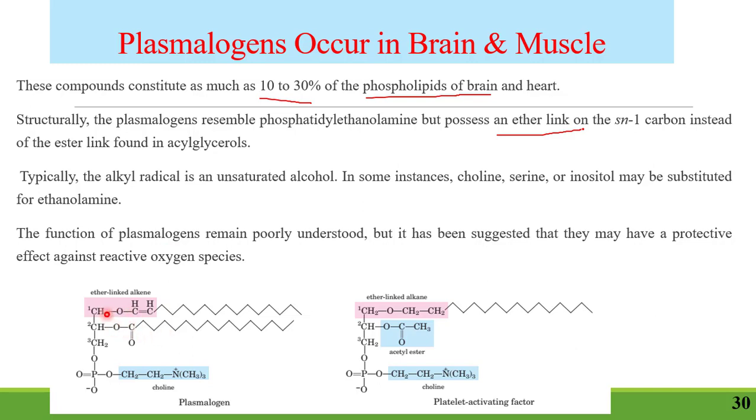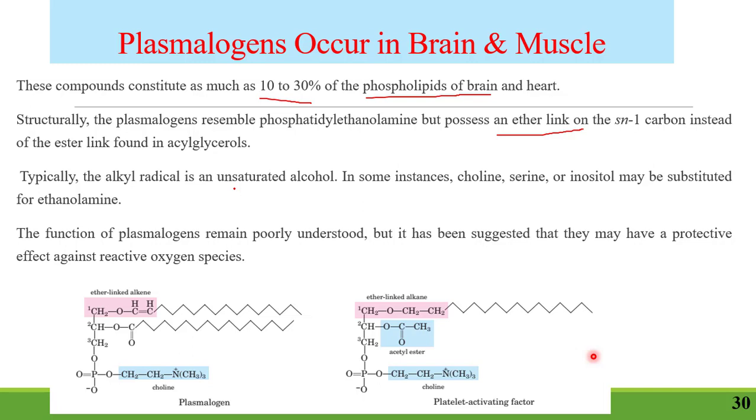As you can see here, the ether bond is there in plasmalogen. Typically, the alkyl radical is an unsaturated alcohol. In some instances, choline, serine, or inositol may be substituted for ethanolamine. The function of plasmalogen remains poorly understood, but it has been suggested that they may have a protective effect against